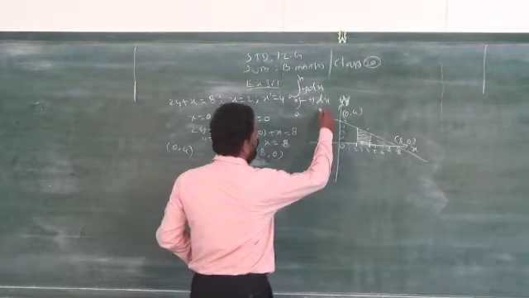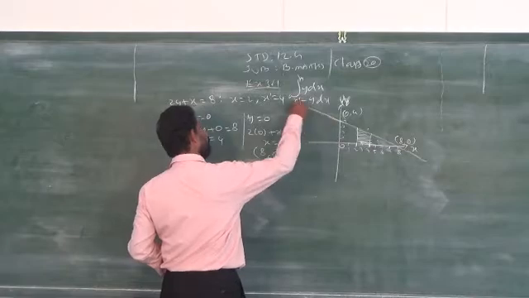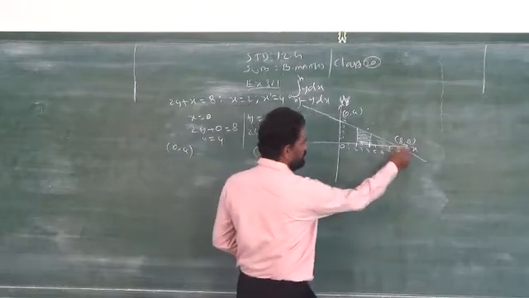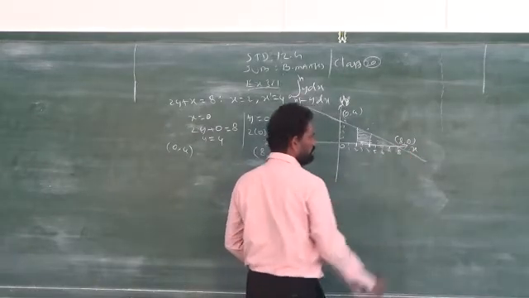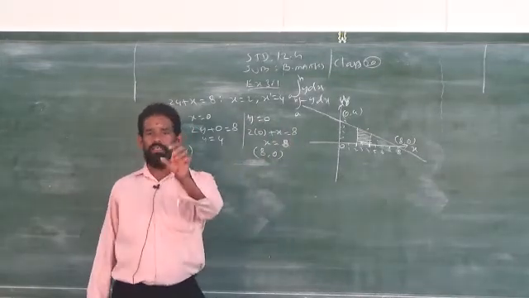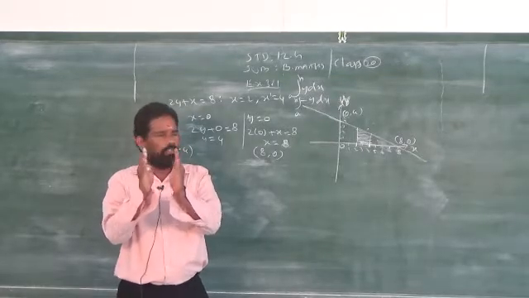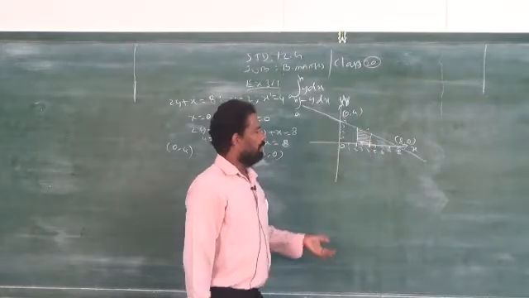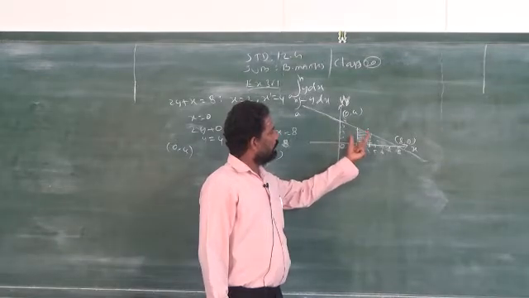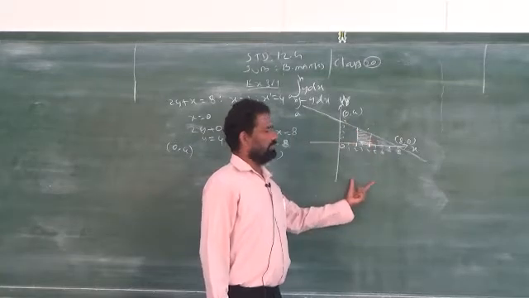Clear. So I just connected, I got one straight line. But the straight line is even going to the left side of the y axis, and below the x axis also. If I expand this one, it will come below the x axis also. So you may be wondering, why don't you use both formulas? That's what I said very clearly. Which part of the given straight line are you willing to find the area of? You see only the particular part that lies above the x axis or below the x axis.